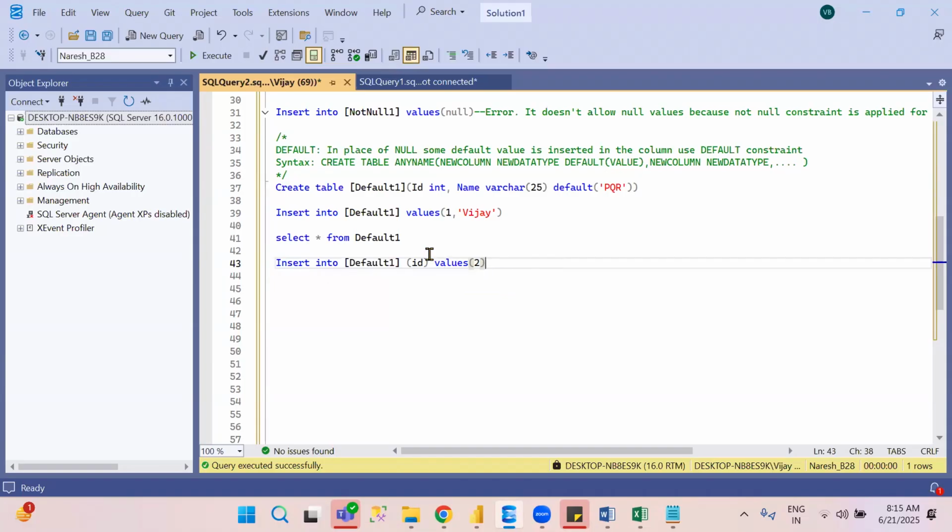See here. Actually, whenever we are trying to insert, if you are not giving any value for any column, what is the default behavior? What value is inserted? Null is inserted. That is the default behavior. At the time of inserting, if you are not giving a value for any column, a null value is inserted. But now,